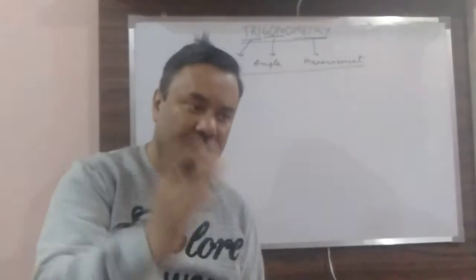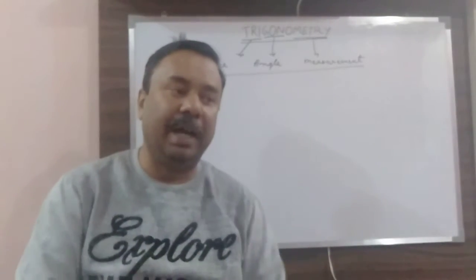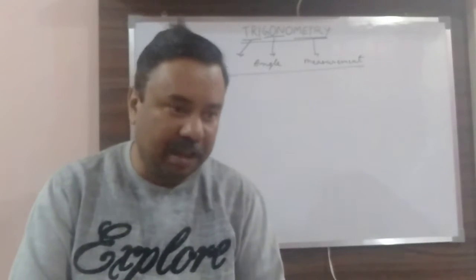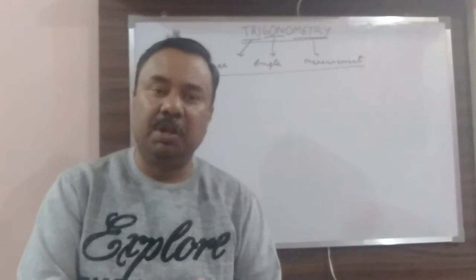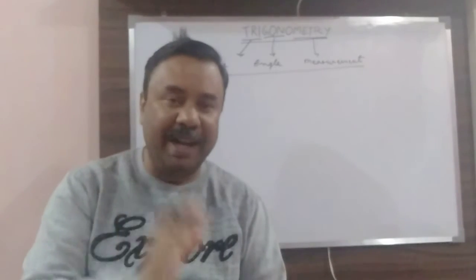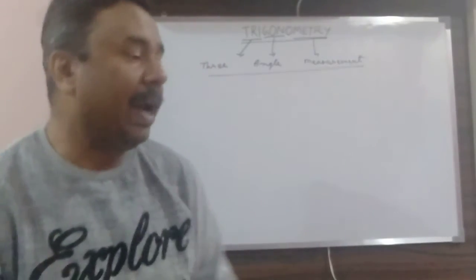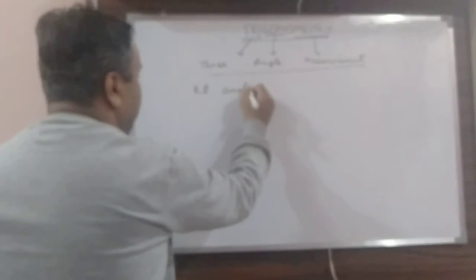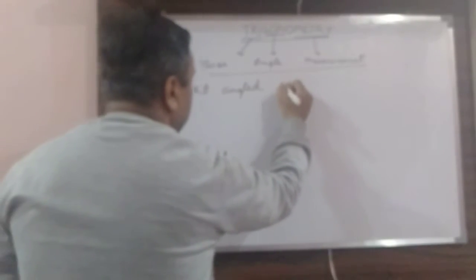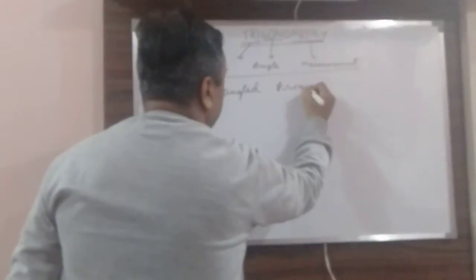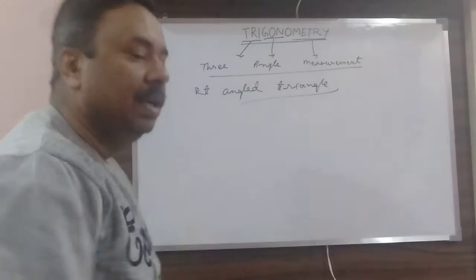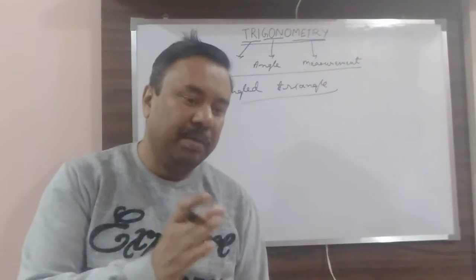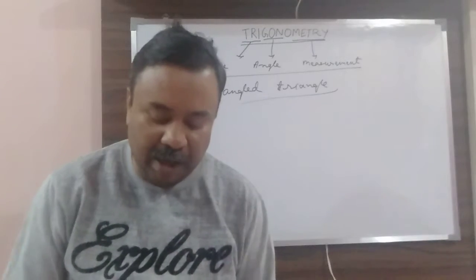And you know, whenever a closed figure is having three angles or three sides or three vertices, that is called a triangle. In this chapter we shall be discussing a specific kind of triangle that is called a right angled triangle. As this is the first time you are getting this new concept in class 10, we shall be dealing with only right triangles.